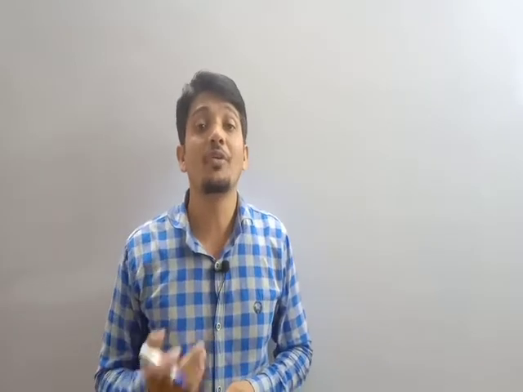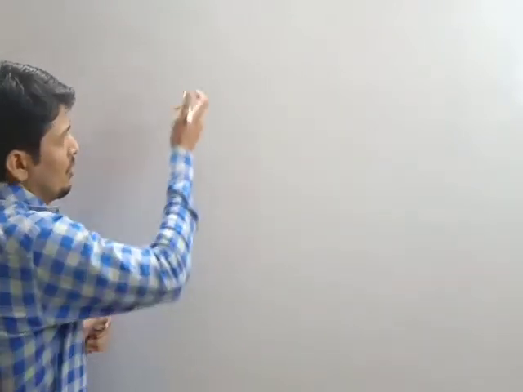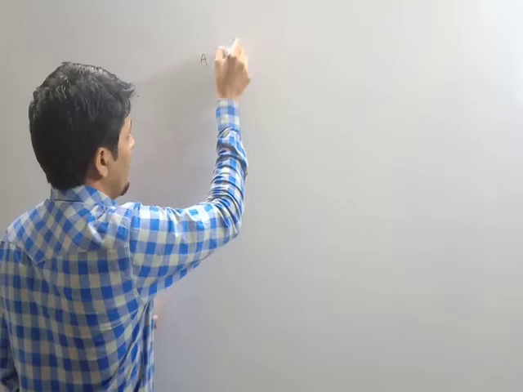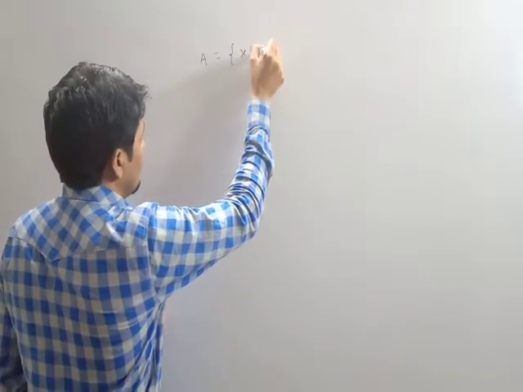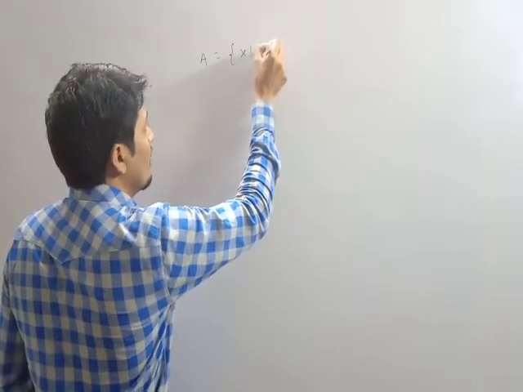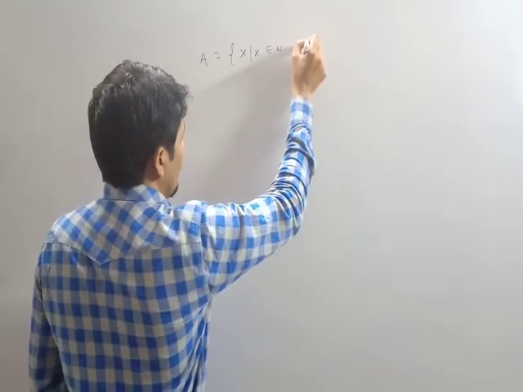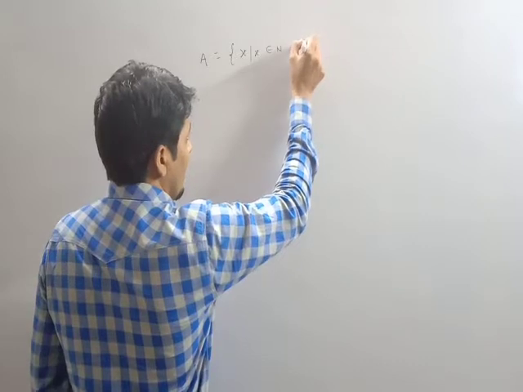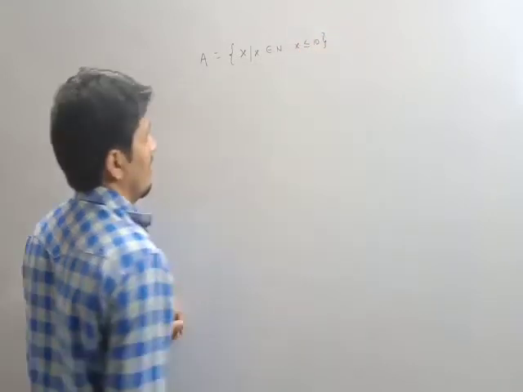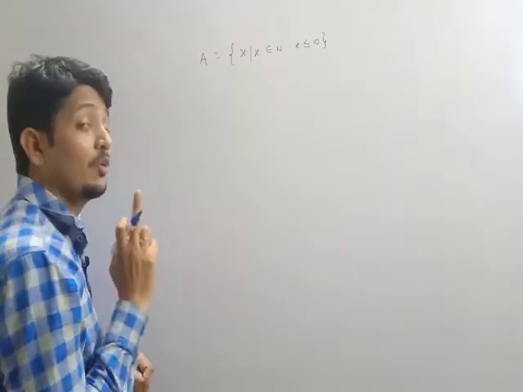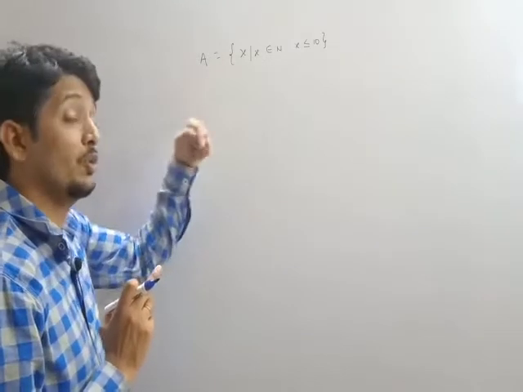We have to take an example. Consider the set of the first 10 counting numbers, the set of the first 10 counting natural numbers. So we have to write, suppose the set is A, and we write x such that x belongs to natural number, where x is less than or equal to 10. So now this is in the rule method form. Now we have to convert this into roster form.